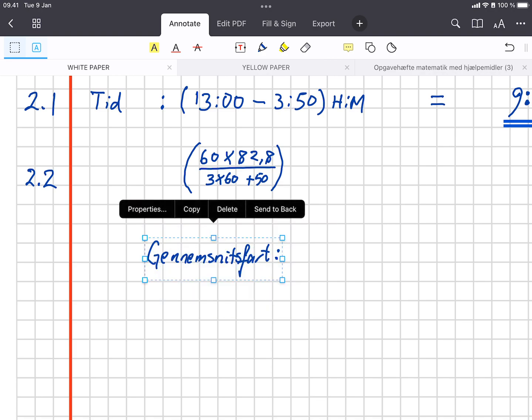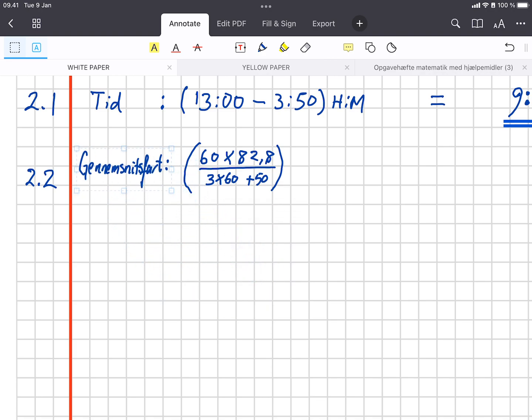Of course, you don't have this luxury doing it by hand, but it's also easier by hand, just to do this without a lot of other messing about. Okay, so average speed is that expression